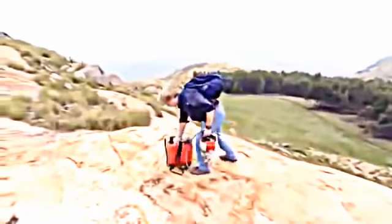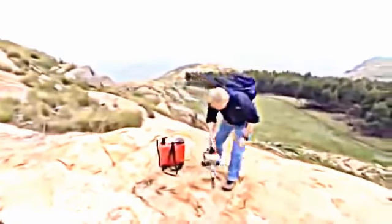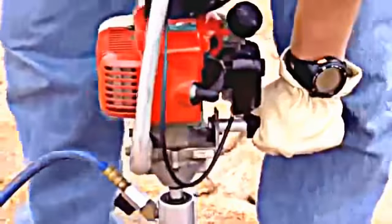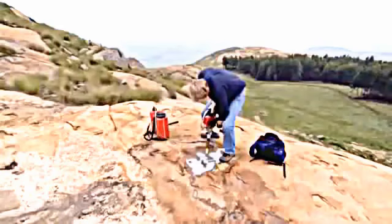Geologist Alex Kisters studies how granite formed the first continents. The rocks here are so important because they are remarkably well preserved, much better than anywhere on Earth. And that allows us actually to study processes that were involved in the formation of these early crustal rocks. Kisters is collecting samples to date the age of the granite. We're drilling these little rock cores, taking them out, and then sending off that later onto the lab to be